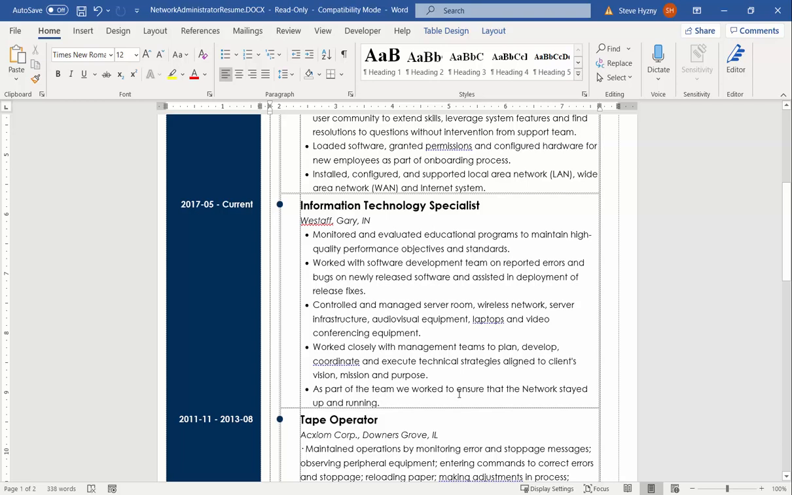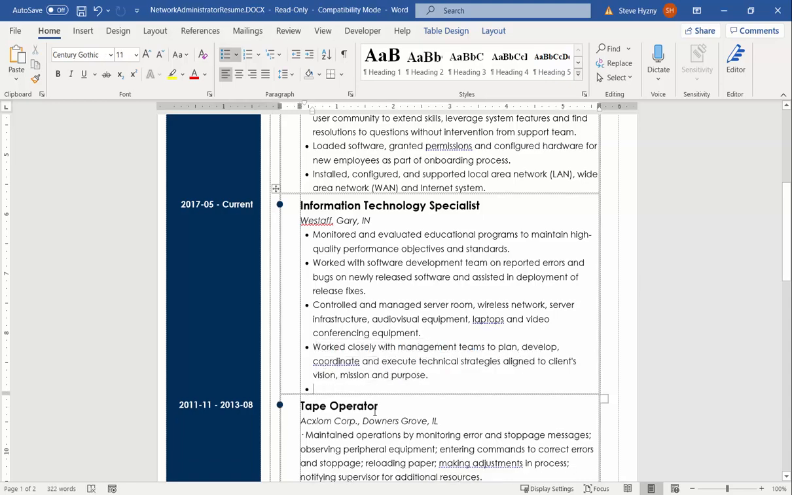Let's see, as part of the team, we work to ensure that the network stayed up and running. Well, that's your job, so I would hope you did that. Work closely with management teams to plan, develop, coordinate, and execute technical strategies aligned with clients' vision, mission. Okay, that's all right. Controlled and managed server room, wireless network, server infrastructure, audio-visual equipment, laptops, and video conferencing equipment. Okay, you controlled and managed all of it yourself. There was nobody else there, so I'd worry about that a little bit. I'd reduce this a little bit. I'd find a better way of